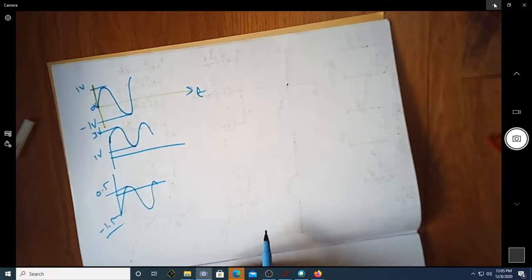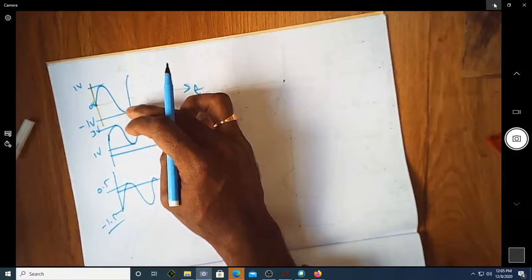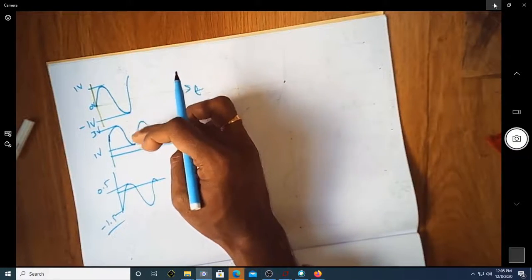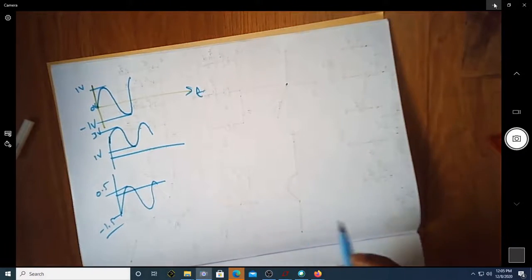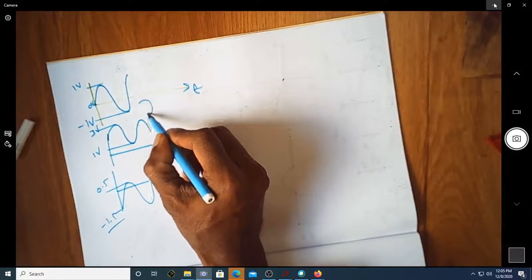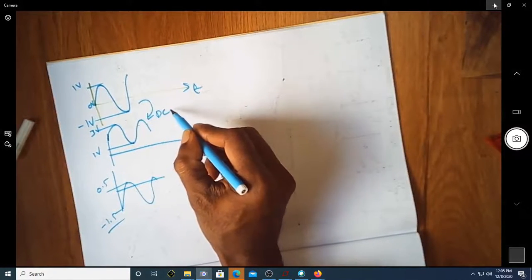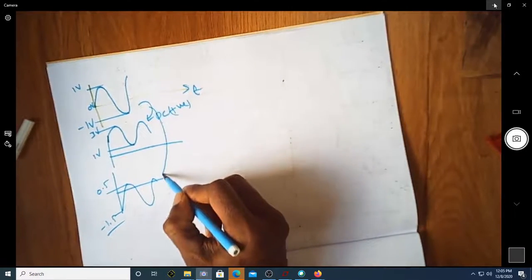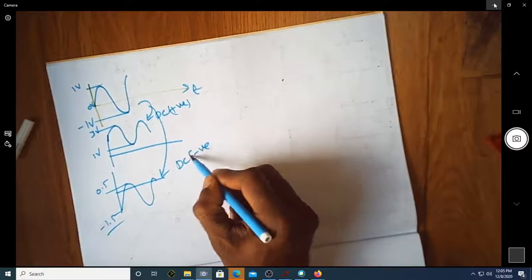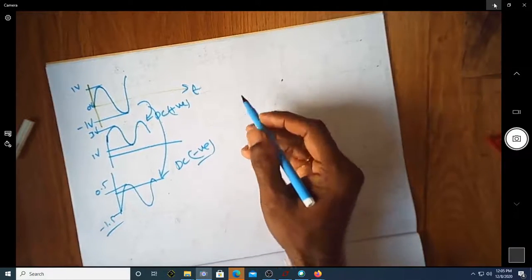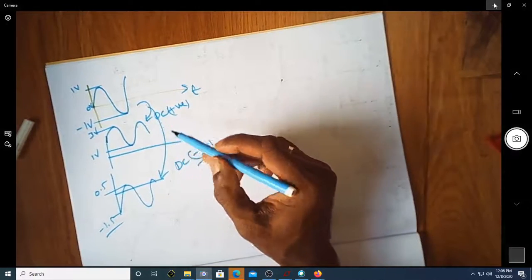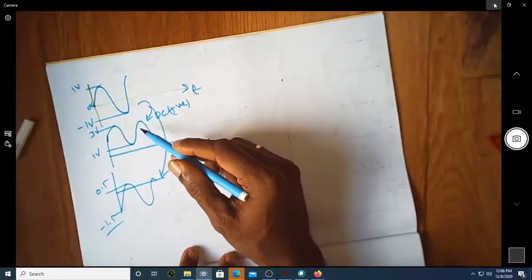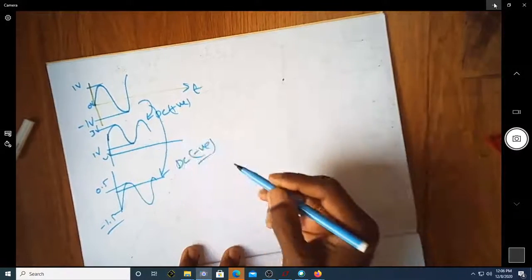So assume that the requirements are such that you are asked to shift the waveform either towards the positive half or the negative half of the DC voltage, so we have to find out which circuit. You are actually inserting some DC voltage onto this. So in this case the DC voltage inserted is positive. In the second case the DC voltage that is inserted is negative in nature. So we have to find out some circuit where you can insert some DC component into that AC signal, so that the output can be shifted above or below the reference of 0 volt, whatever we have considered at the input.